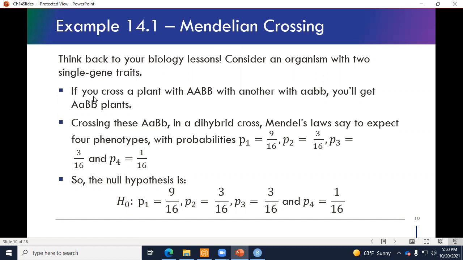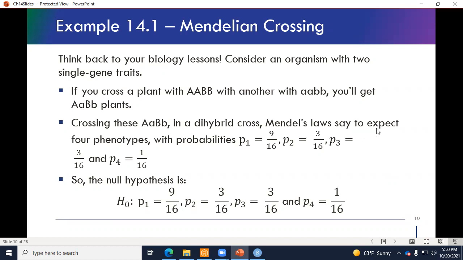If you cross a plant with genes big A, big B, big B, with another with small a, small b, small b, you will get these plants, big A, small a, big B, small b. And crossing these,